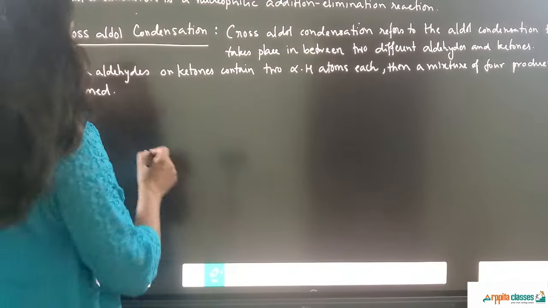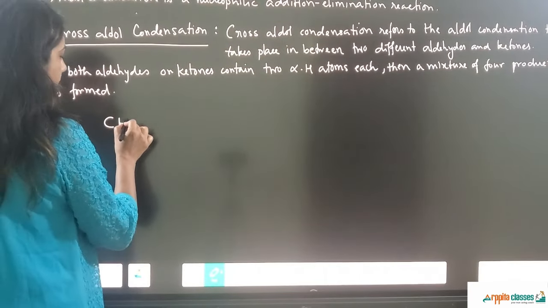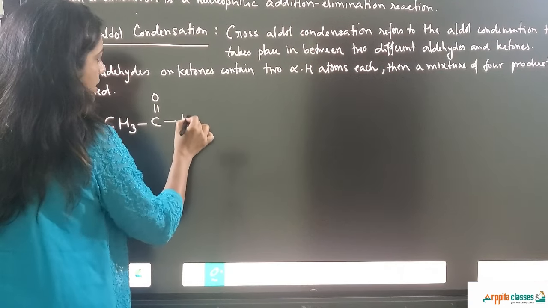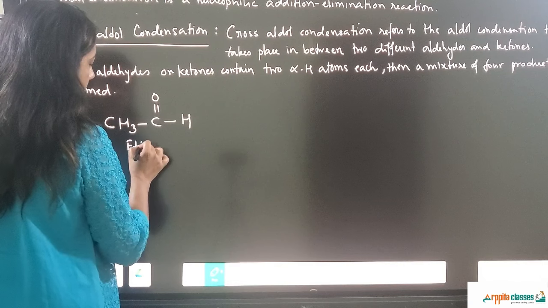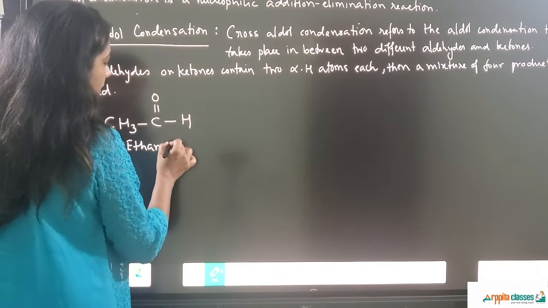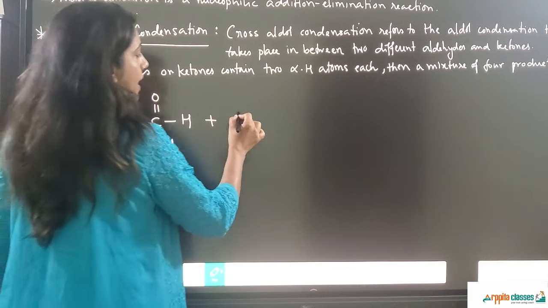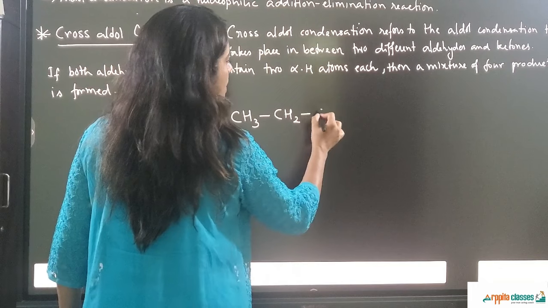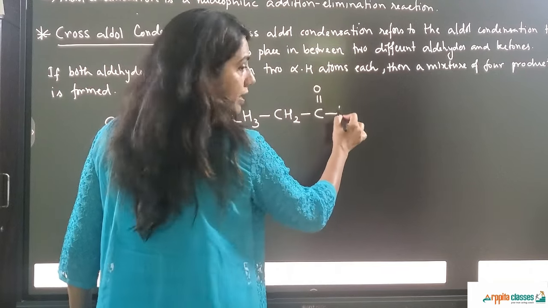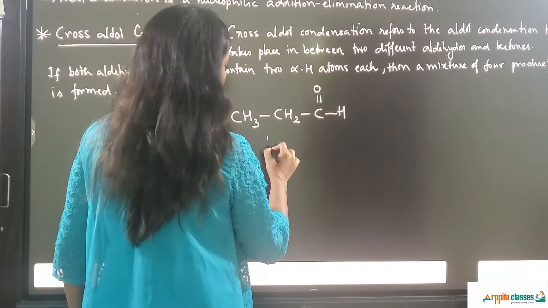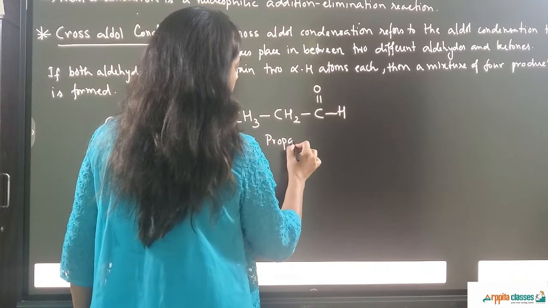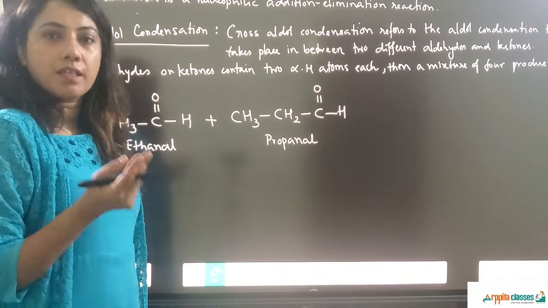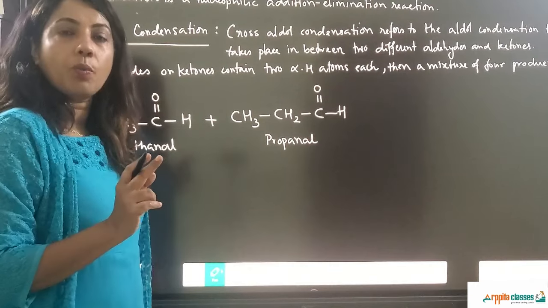So taking the example of ethanol, CH3CHO. This is ethanol, and propanol, CH3CH2CHO. This is propanol. So what happens is, there are two products which are self-aldol product, and there are two products which are